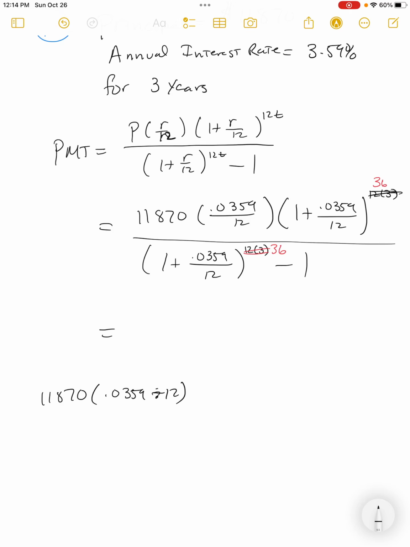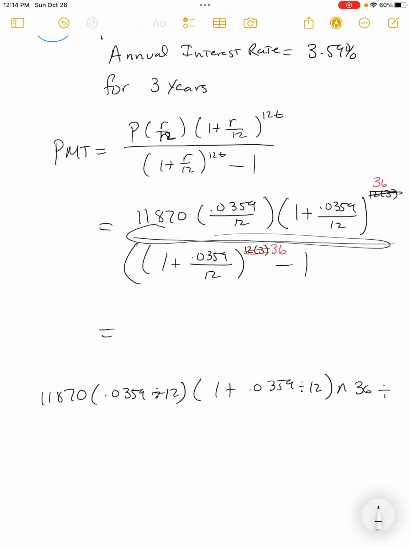Open parentheses, 1 plus 0.0359 divided by 12, close the parentheses. Raised to the 36. And then divide by,